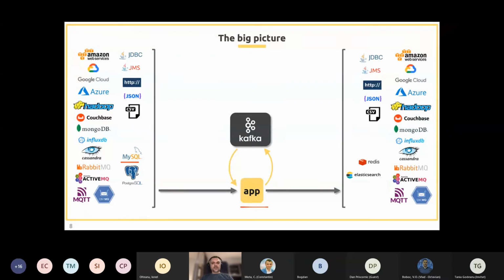Our application needs to aggregate or transform this data, and it needs to publish it in a Kafka topic or in multiple Kafka topics.